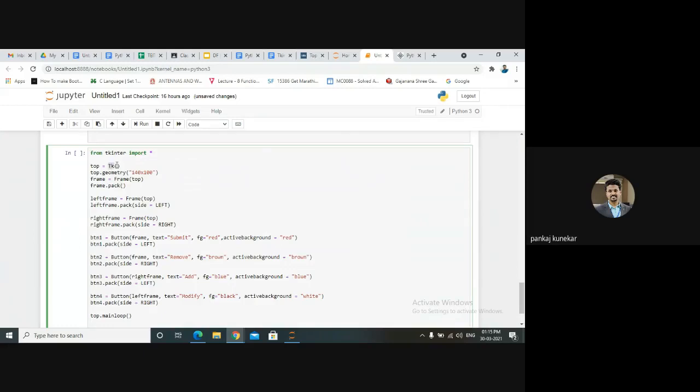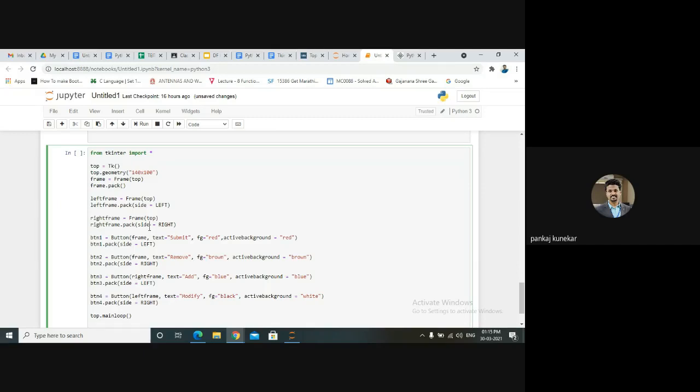Like you create a Tk, after creation of your Tkinter class, you need to create a frame. Frame equals capital F Frame, and then we add your Tkinter. So this is the way we are adding the Tkinter class to the frame, and then we need to pack it. And where we want to pack it, suppose I want to pack at the left side, we can use this. Then side equal to right.